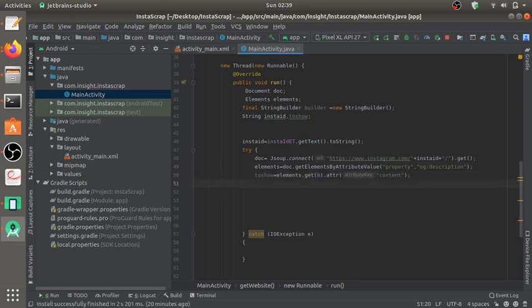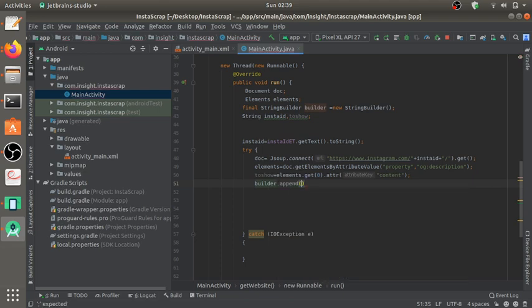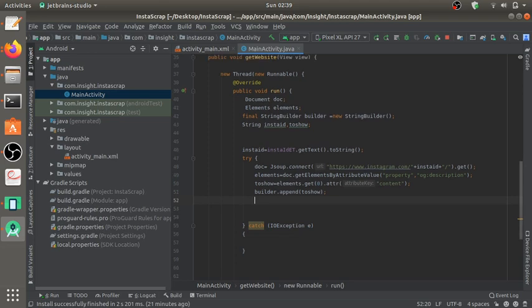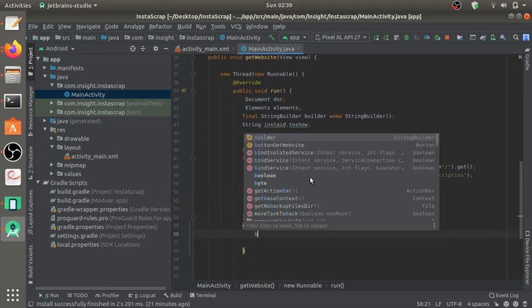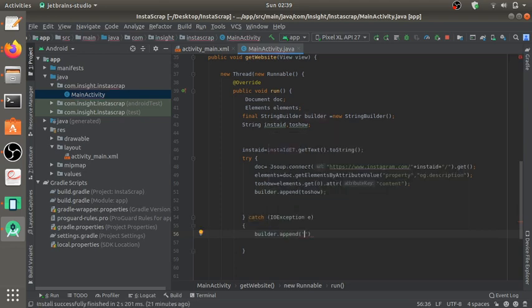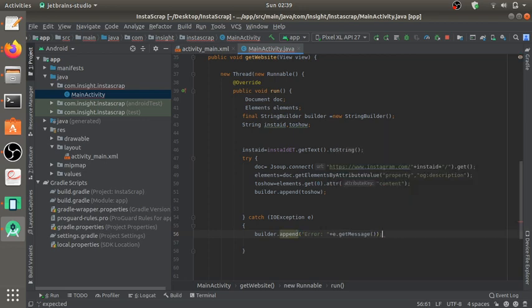I'm going to join it to the string builder. Okay, if any error occurs, I can also add it to the builder. Okay, I'm handling the messages.